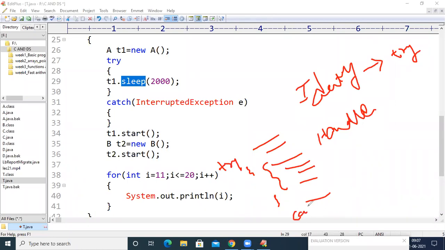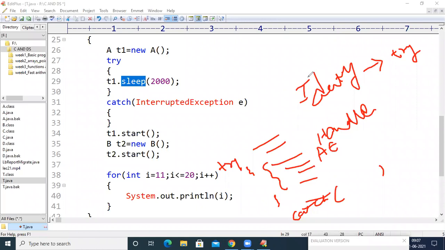When we maintain a try keyword, we maintain the catch block. So the try keyword will find the matching catch block. If there is an arithmetic exception here, the try keyword will find whether there is a catch block with arithmetic exception. When there is an array out of bounds exception or an interrupted exception, the try keyword will find the matching catch block.